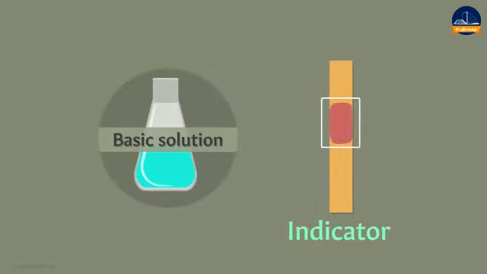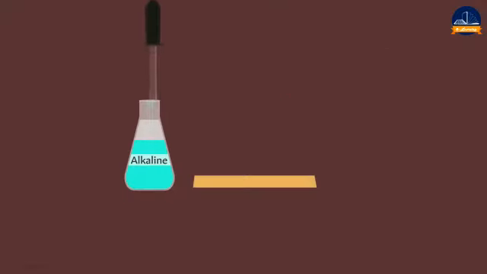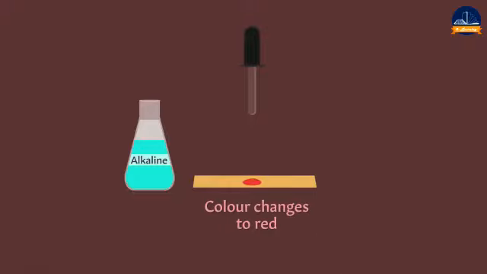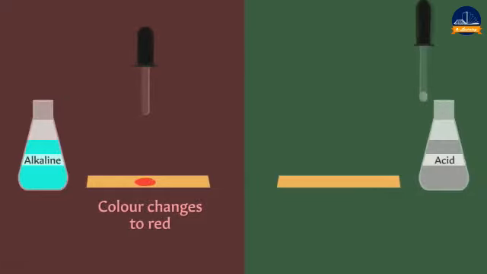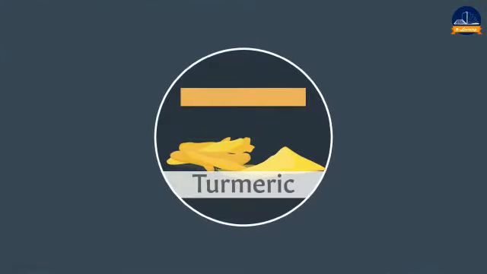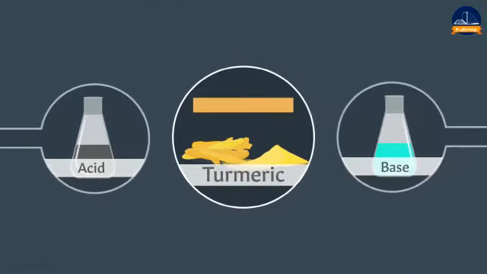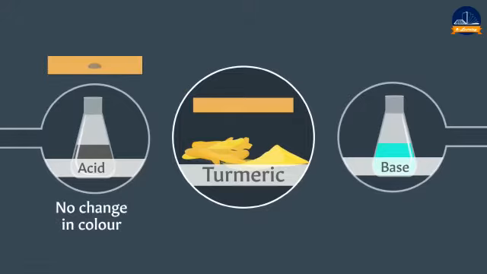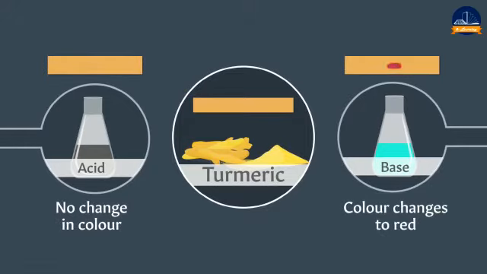Alkaline substances or basic solutions turn turmeric into a red color. The more basic the nature, the brighter the red color will be. And what about acids? Acids show no color change when tested with turmeric. The color of turmeric, which is yellow, remains unchanged. That is how turmeric helps differentiate between acids and bases. Acids remain unaffected while basic solutions turn red. Let us make our own turmeric paper and perform the tests ourselves.